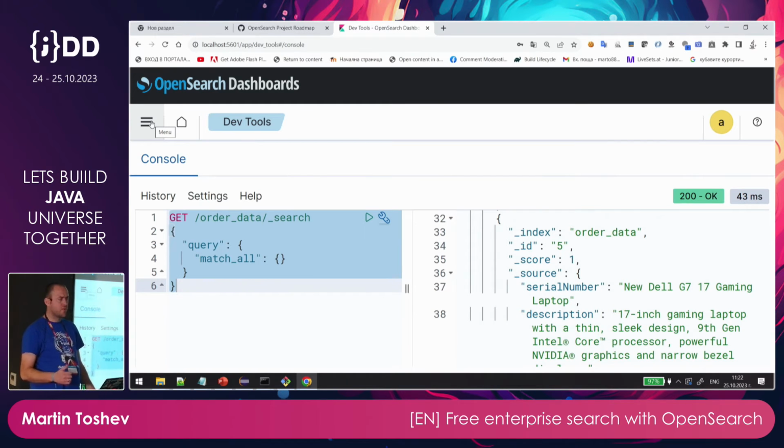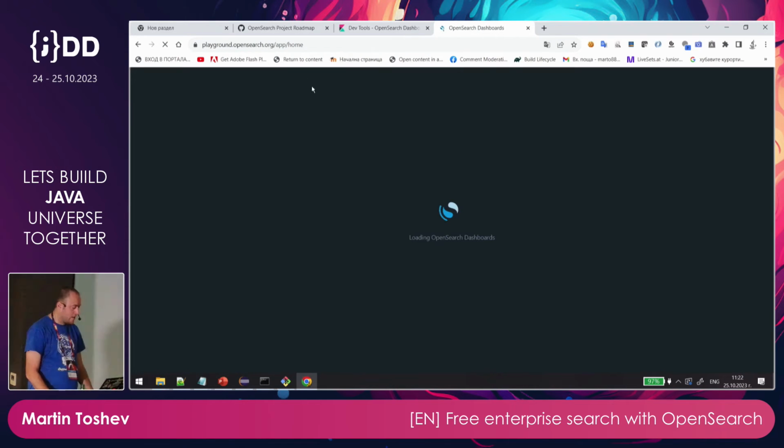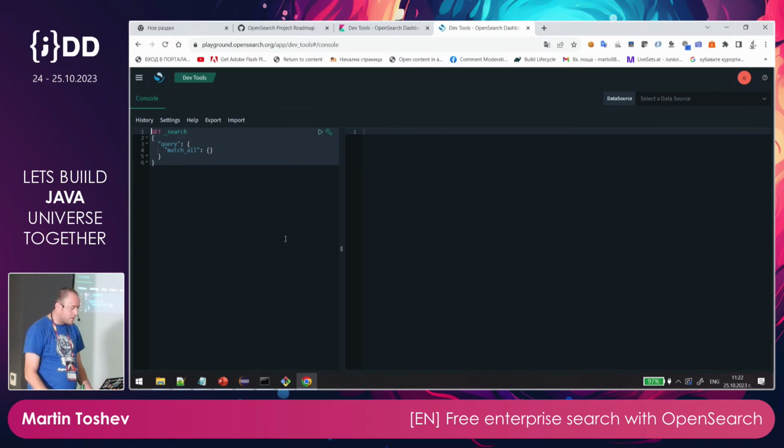So in a way, OpenSearch Dashboards also evolves as a separate product like OpenSearch. Now, if you don't want to install OpenSearch but just give it a try, there is also a playground called playground.opensearch.org. You can open it. It's like a public instance of OpenSearch that you can